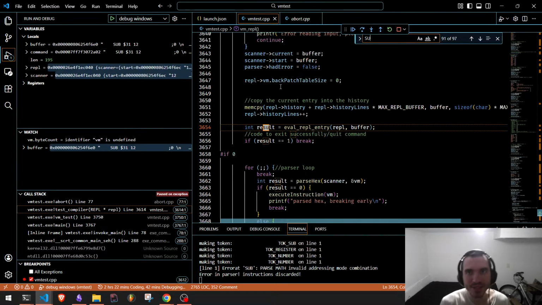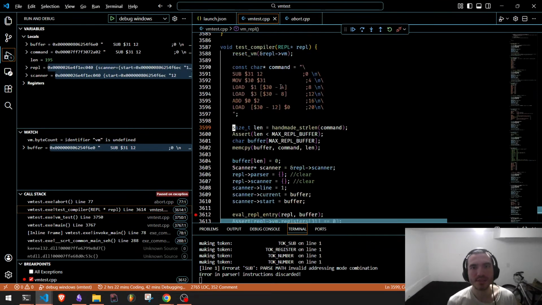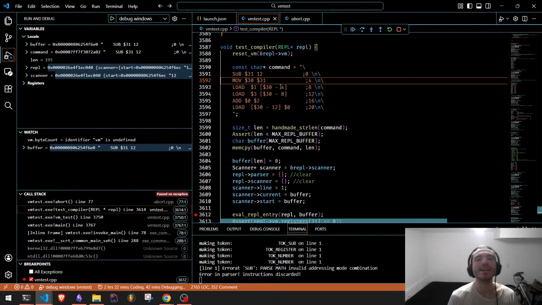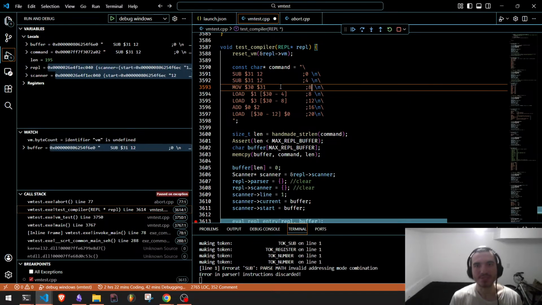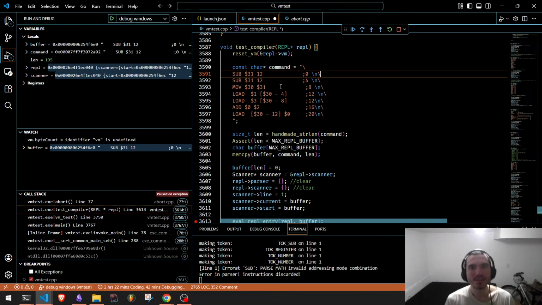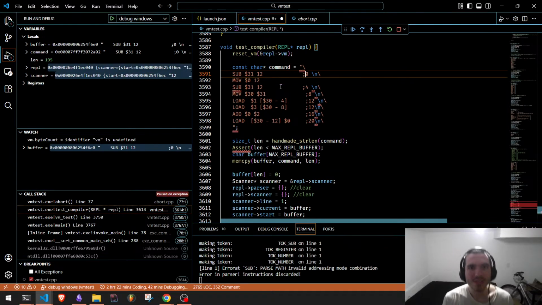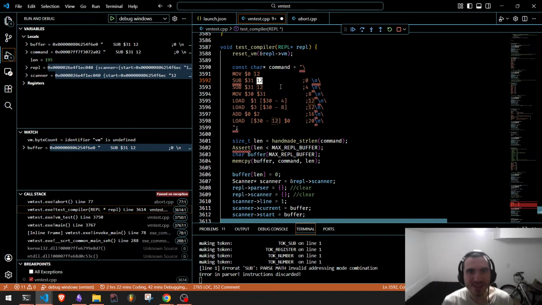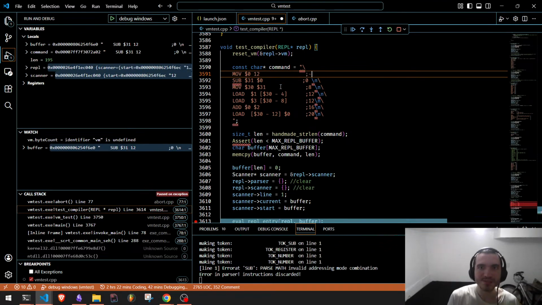Do I have sub in other places? Okay. Yes. I think I can only, okay. I think the problem is that I can only subtract registers from each other. So I'll need to do mov into register 0, 12. And sub register 0. Yes. 0 backslash n